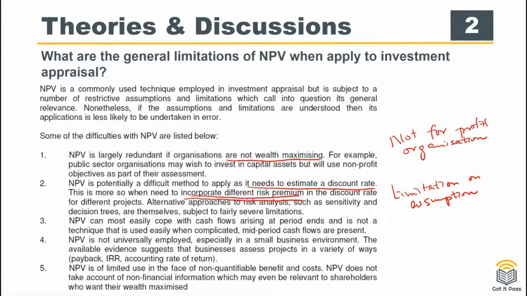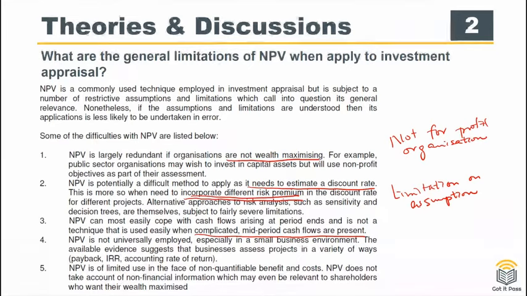And the third one is about the NPV. The NPV is good to be adopted with conventional cash flows, but when complicated mid-period cash flows are present, the technique is not that easy to use as what we see in the conventional cash flow. So bear in mind, it's not only the internal rate of return; even for the NPV, when the cash flow pattern is not in a conventional way, it's not easy to adopt.